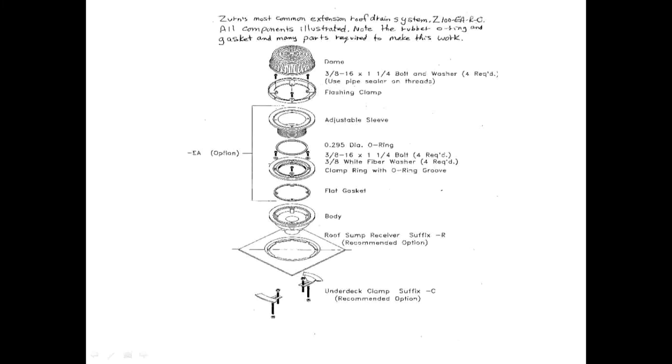Also, the threaded extension, that adjustable sleeve, is limited to how much that can be threaded up or down. If it's not enough, you have to get another one. It's heavy, it's bulky, it's awkward. So compare that. And also at the very bottom of this blowout, look at the underdeck clamp. It's two pieces, separate. Most contractors will tell you that's a hassle. It's easier to work with one piece. The difference